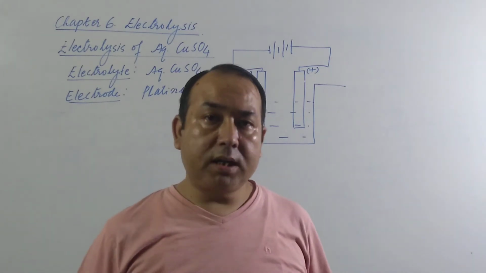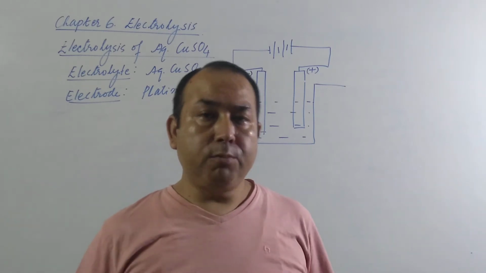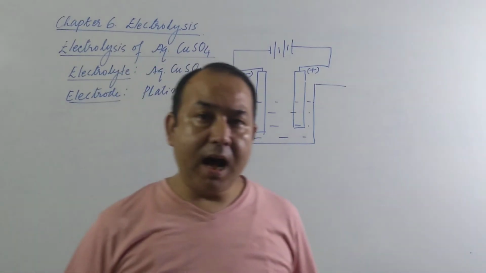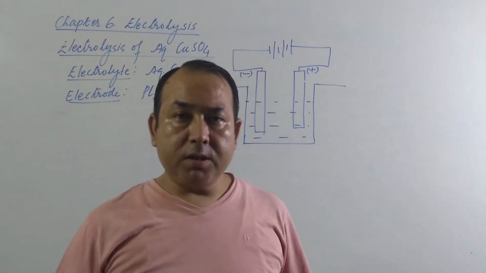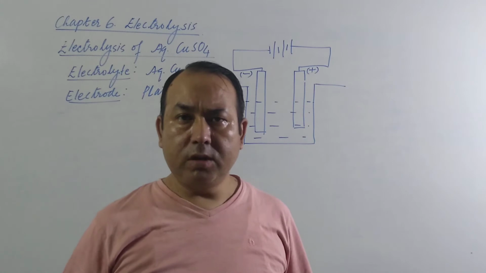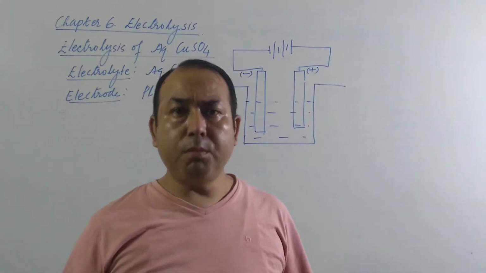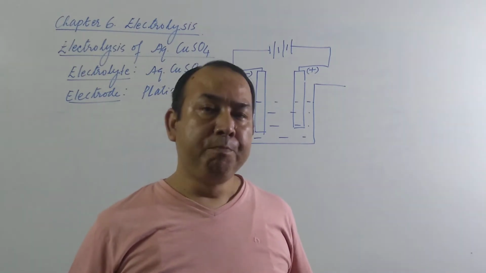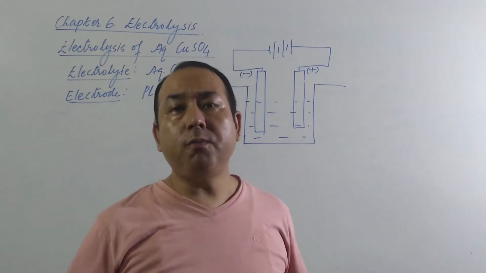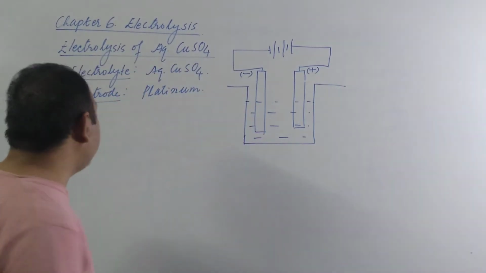Now how does the electrical conductivity get increased? As you add the sulfuric acid, the copper sulfate particularly gets dissociated easily to form ions, so its electrical conductivity increases. Number two, given in the book, is that it prevents the hydrolysis of copper sulfate. So you can give two reasons here.